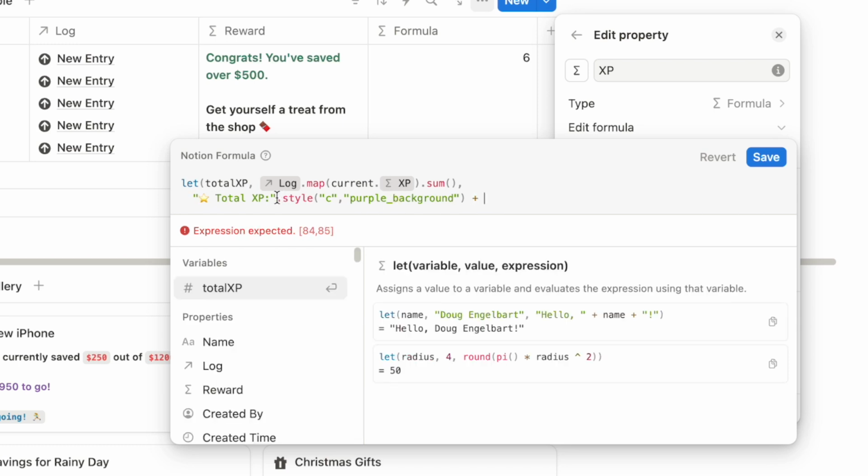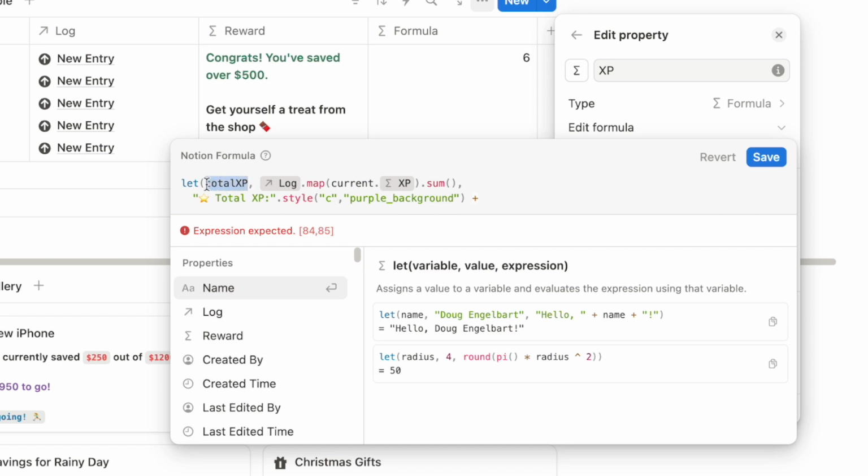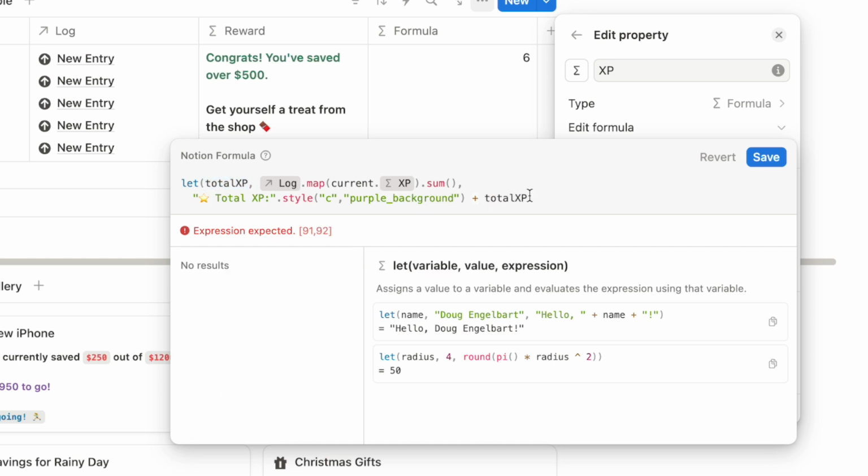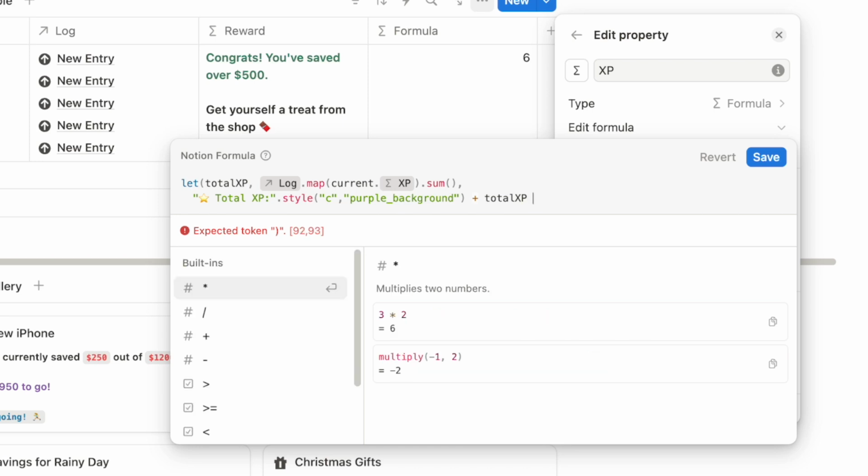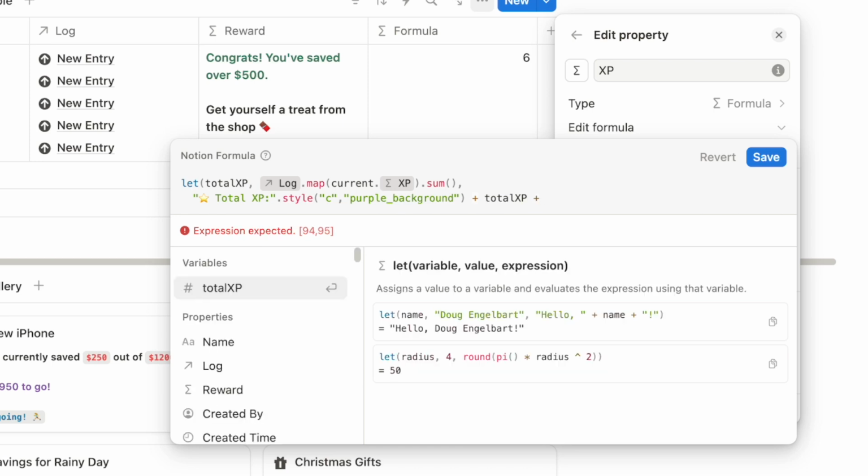So after the label, which says total XP, I want it to pull through the actual total XP. So I can use this little code phrase that we set up to do that. So I'm just going to copy and paste it here. So it will just pull through whatever that number is here next to our label. Now, after the number, I actually want it to also just display the word XP. So we're going to do another plus symbol, and inside two quotation marks, we're going to do space and then